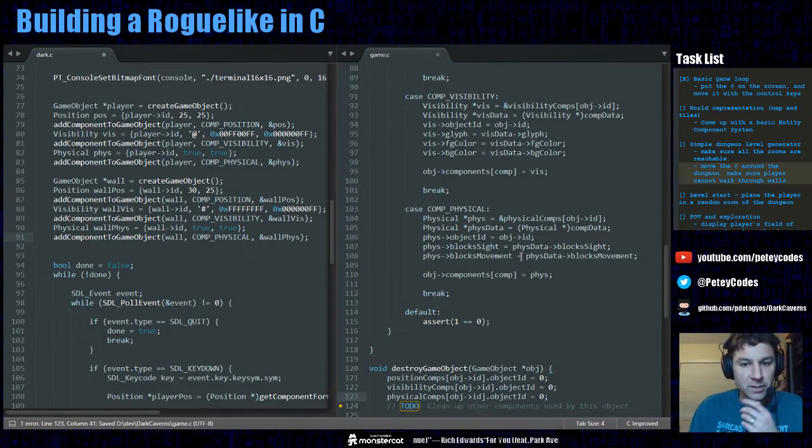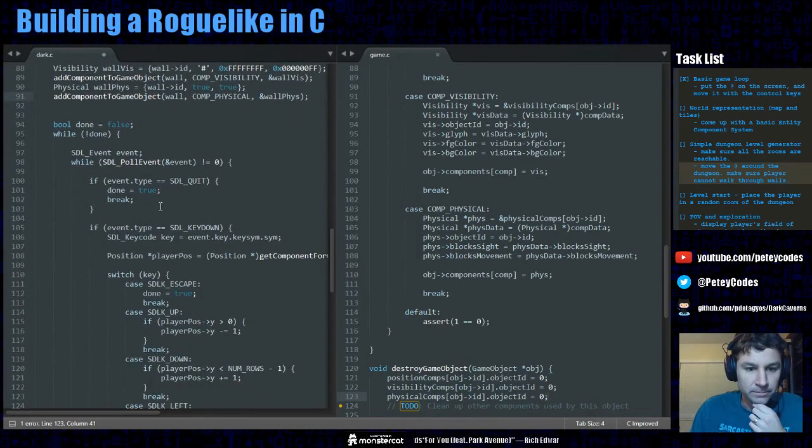Alright, so we've built out our physical component, and we are adding it to our objects over here. So what we need to do is actually incorporate